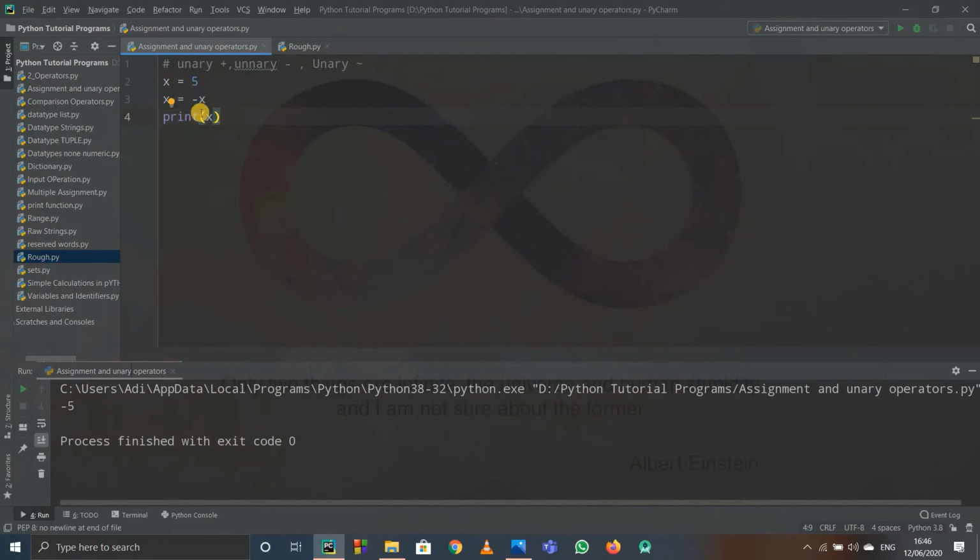So whenever I write x equals to minus x, then obviously minus 5. And this thing is new over here. So x equals to complement of x. So when I run this program, it will print out minus 6. So what it basically means is it is just valid for integers. So I'll just comment it out. What does it mean? So it becomes x equals to the negative value of, in brackets, x plus 1. So the value of x is 5. So the new value of x will be 5 plus 1, that is 6, and the negative value of it, so minus 6.